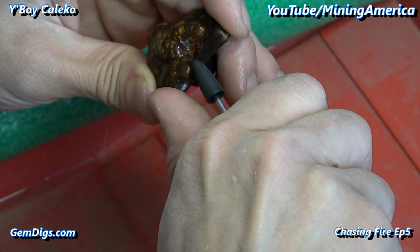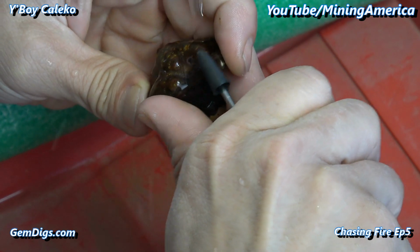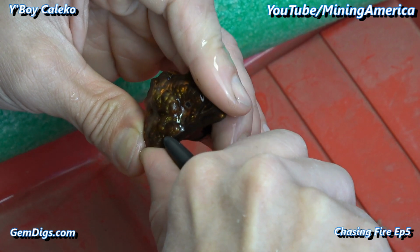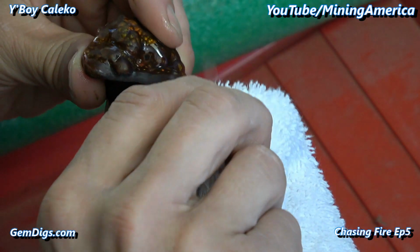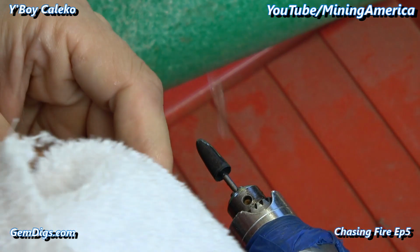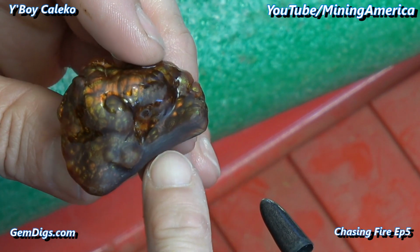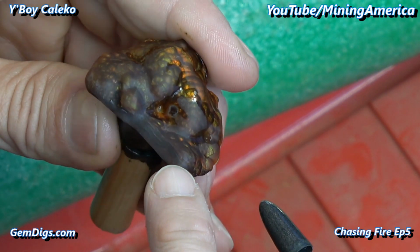I tend to use my Nova points to draw with. If you can see, I like to run it around the creases and the crevices and try and basically draw the way that I think the stone is supposed to be there, especially with the 280 grit. See what that white spot looks like. It's definitely smaller. That edge already looks a little bit better also. The 280 grit definitely does some cutting, but it's cutting